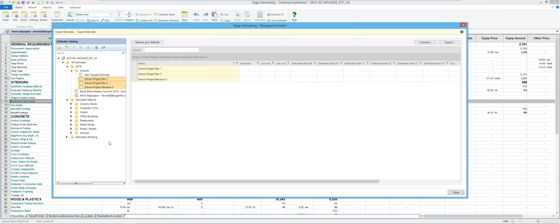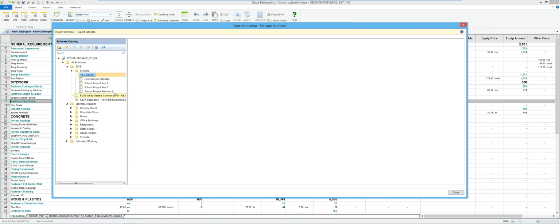This has probably been one of the biggest things. When people started renaming estimates and moving estimates around, especially the way that some estimates migrated, it seems like a lot of people have a bunch of different folders. It's nice to be able to clean up now, so you can grab whole blocks of things and move them around.